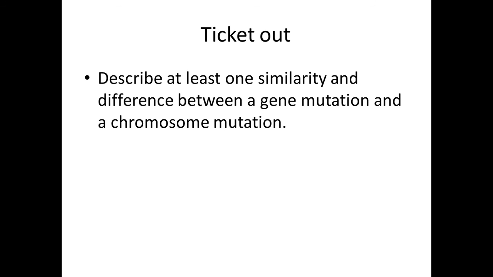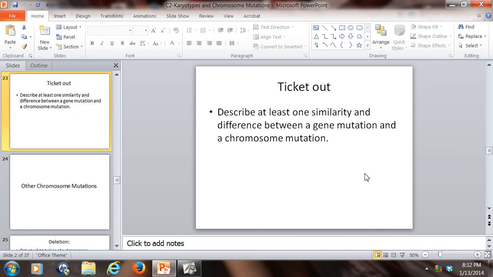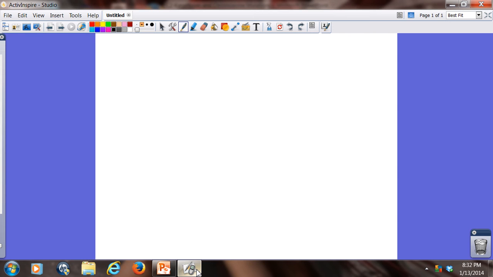On the other hand, a chromosome carries many, many genes. So many genes are being affected at once. And so that chromosomal mutation is what really can do a lot of damage in comparison to the gene mutation, because there's more things that are messed up than just in a gene mutation. So that's all I'm going to cover for this particular video. But we will continue